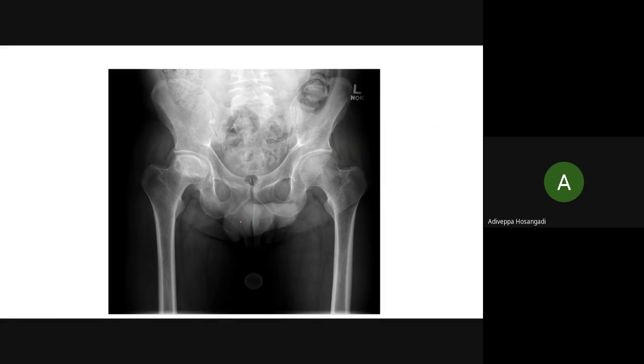Look at this, what has happened. Look at this head. Can you see the head? What has happened here? You can see a small lytic lesion, isn't it? Yes, sir. Look at this. This is absolutely normal. Now you can see this head. There is a lytic lesion. There is no proper trabeculae seen. Here the trabeculae are everything is normal. So this is a case of